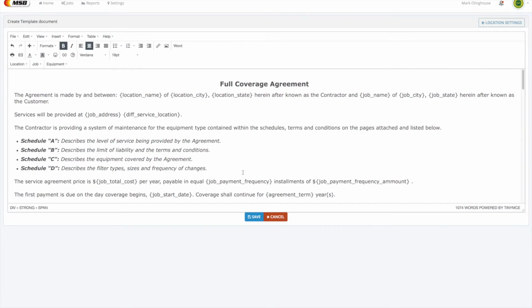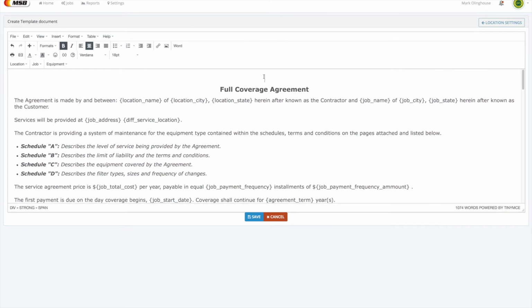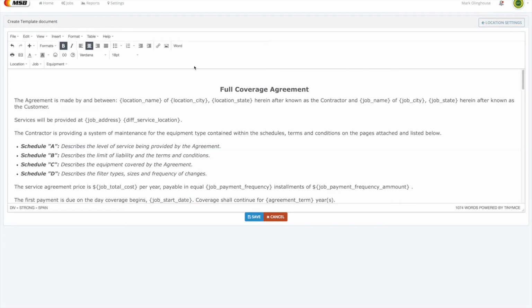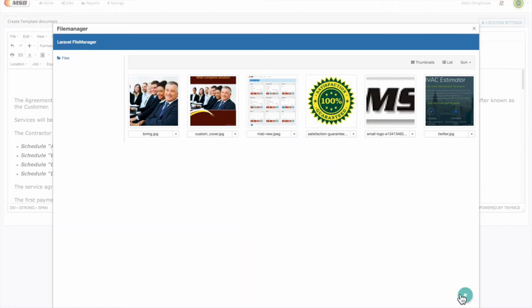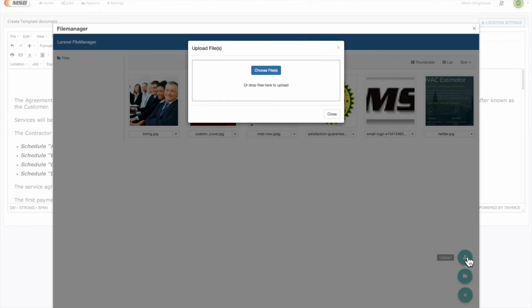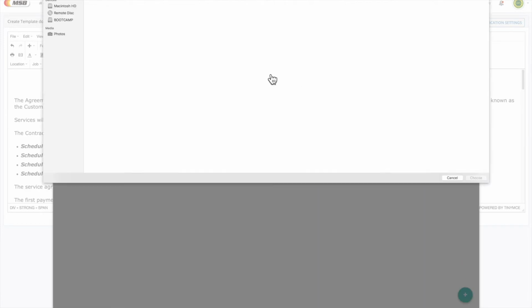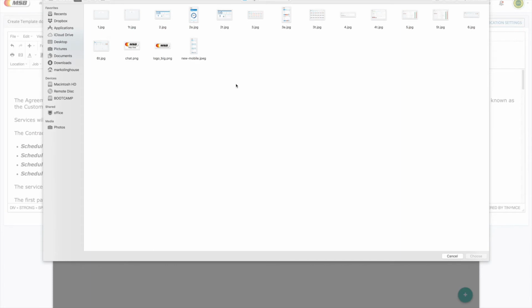Now with images, we take care of those by going up to Insert, click on the image tag. You can also get it from right here. Click on the folder icon at the bottom here, select Upload, click on Choose a File. It'll pick something from your existing folder of